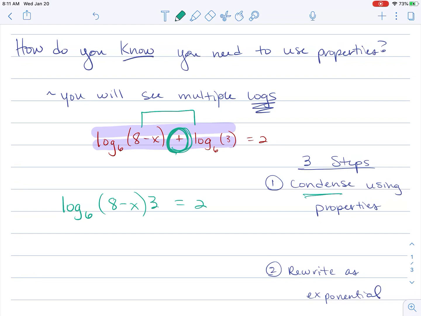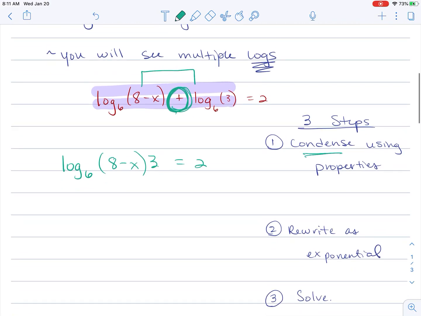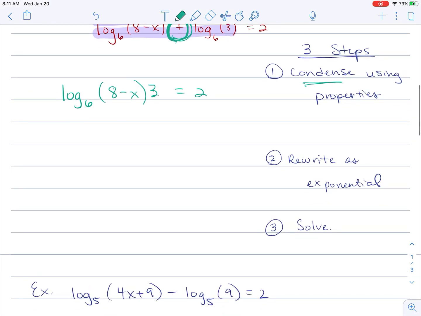And that's it. There are no exponents. There is no subtraction. So this is the end of condensing. And for right now, we're going to do condensing by one property, so you only have one thing to do. The next step is to rewrite it as an exponential. So if I create my circle here,